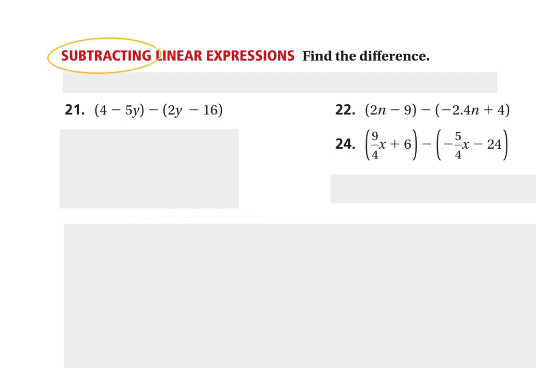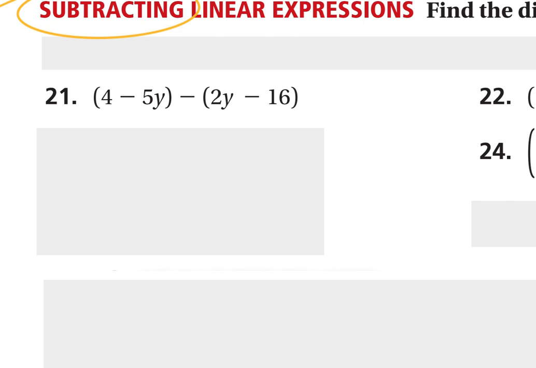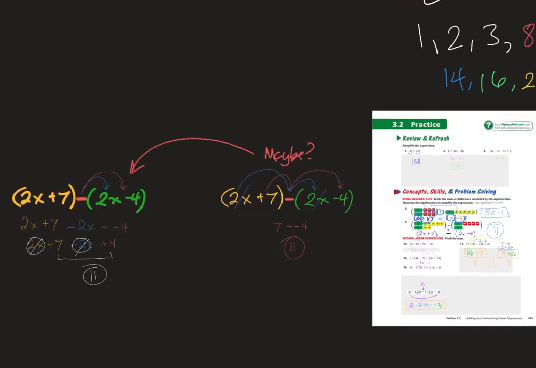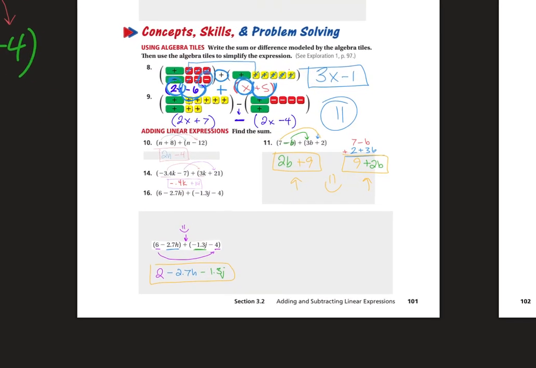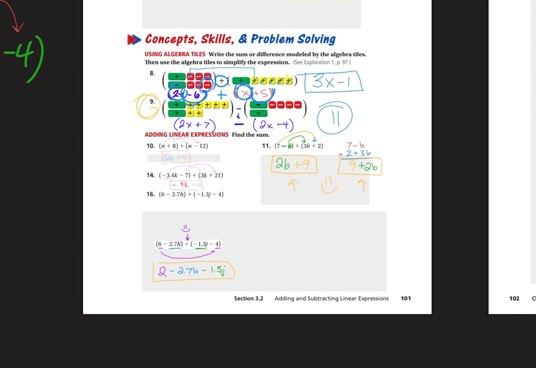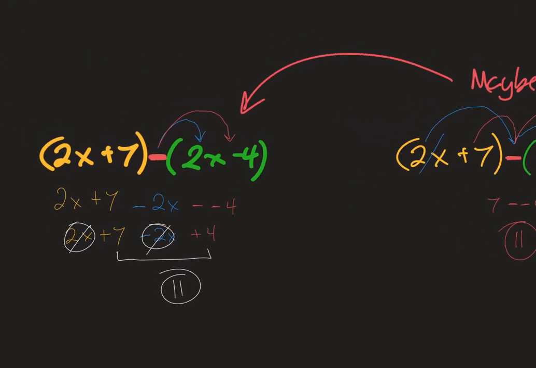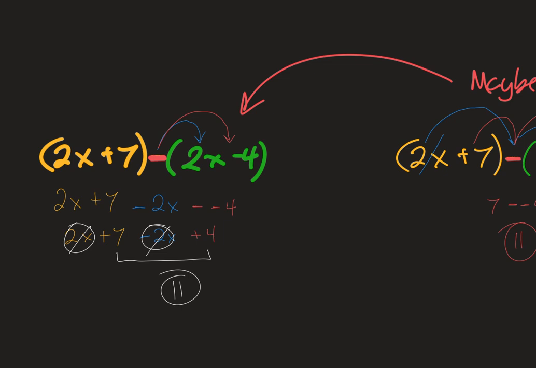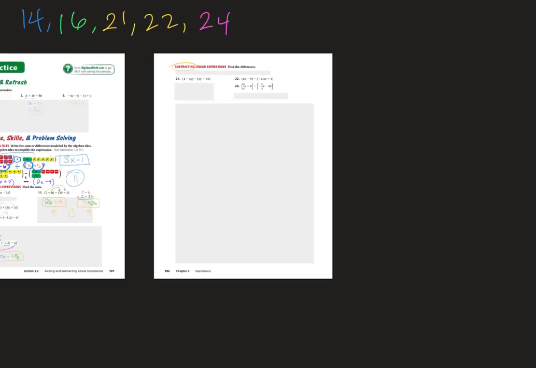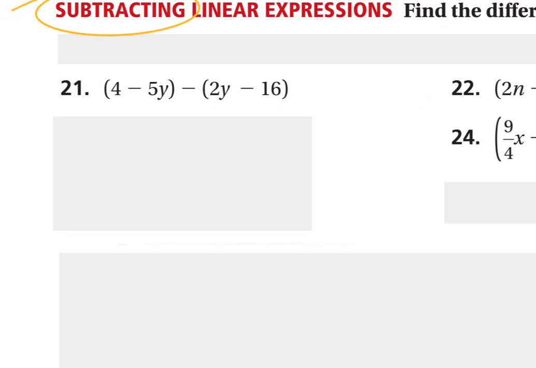All right, now we're subtracting. So this is where you have to be vigilant. You have to be paying attention. We have 4 and 16. Those are like terms. But just like I did for number 9, this is the strategy that I think will be the most helpful for you. So that's what I'm going to do over here. I'm going to just copy paste this. 4 minus 5y. And then